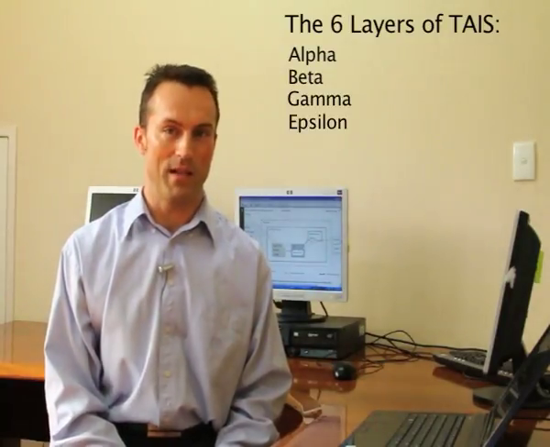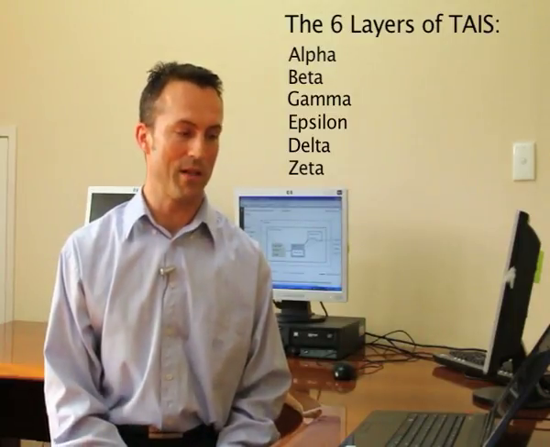There's the TACE alpha environment, the beta, the gamma, the epsilon, the delta, and the zeta. Now today we're going to just look at the alpha environment and take a look at the implementation of that in the BI3. So with each layer there's an implementation, and that